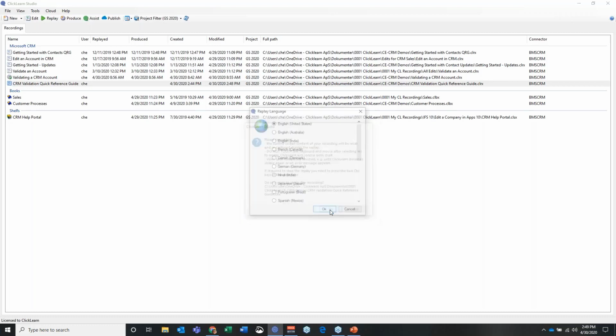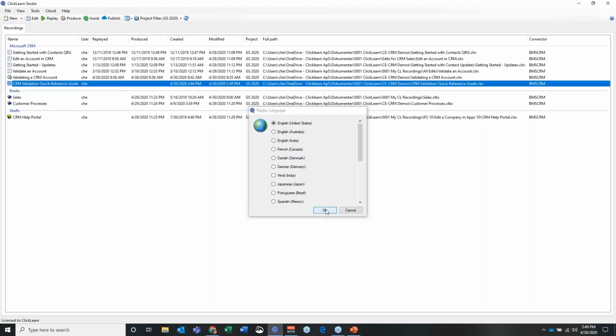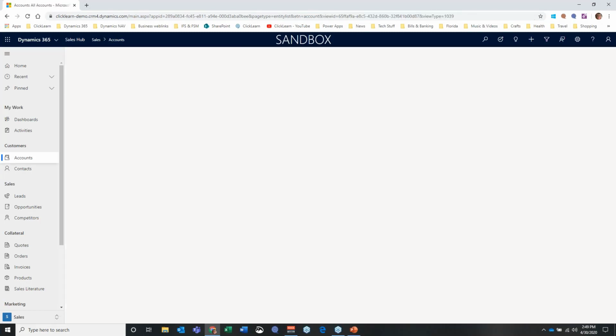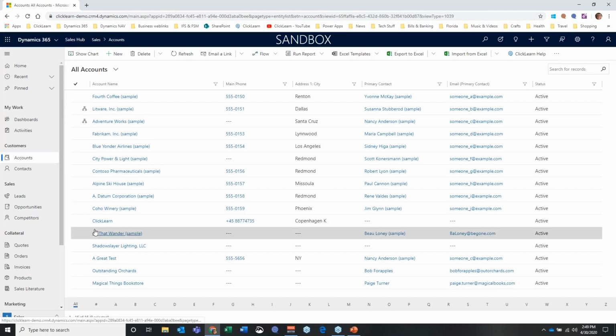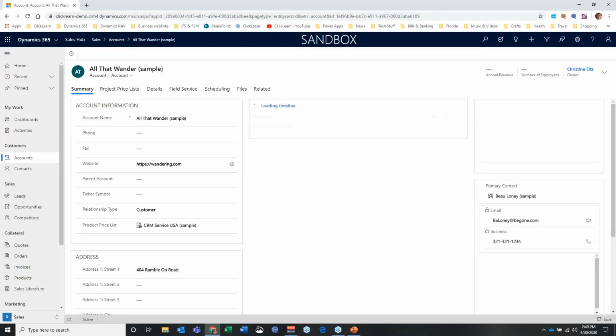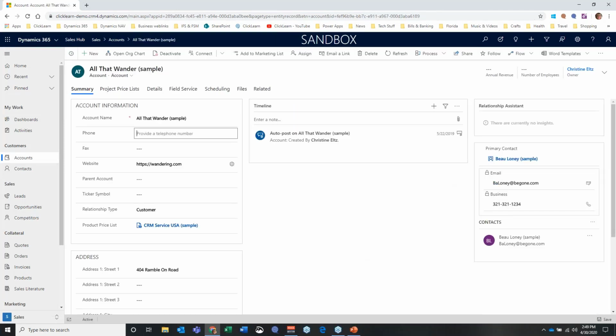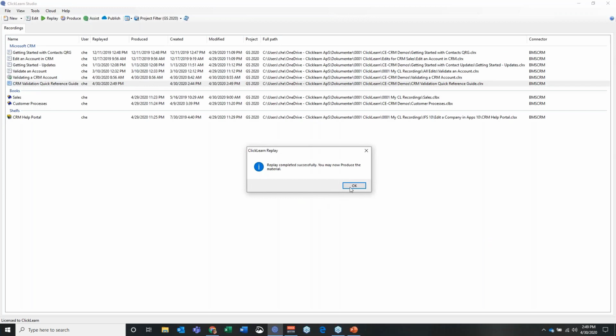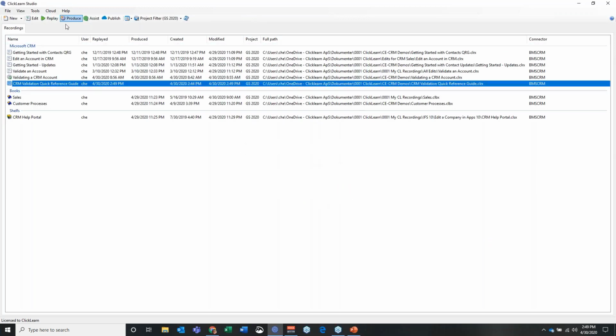So now when I say yes here, I'm going to keep it with my US English. My hand is off the mouse, and in just a minute, you're going to see ClickLearn interact with my CRM system. So here it's going through into my file, my account name. It's going to look at the phone field. It's going to look at that website field, and it's now completed it. So when I say okay here,